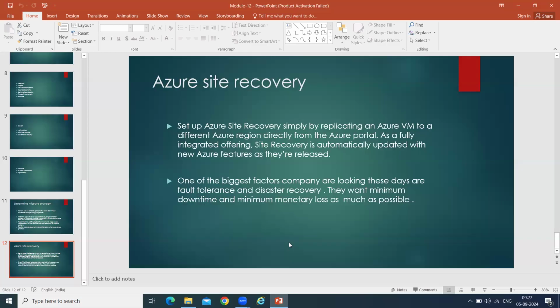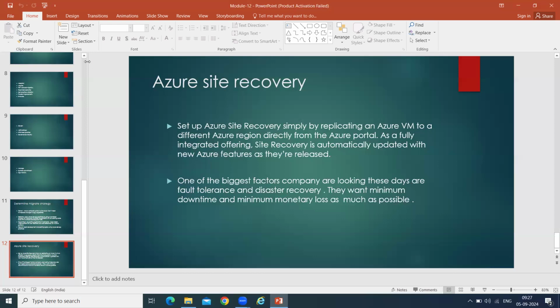Their business depends on them, so that none of their end users or business gets impacted.